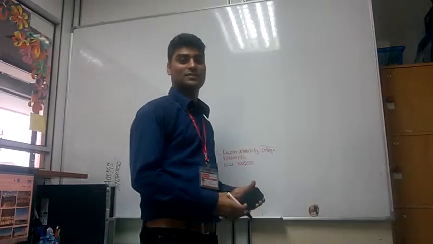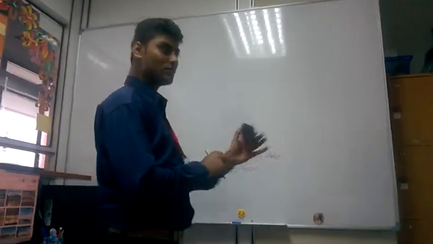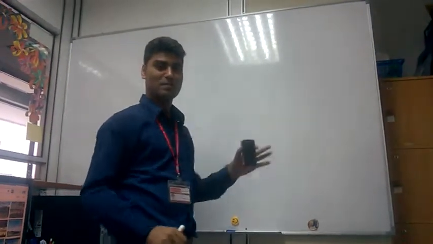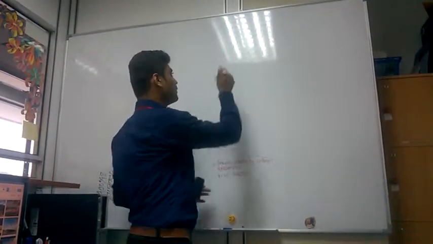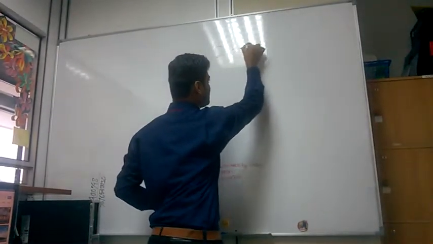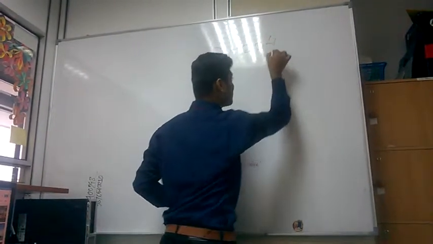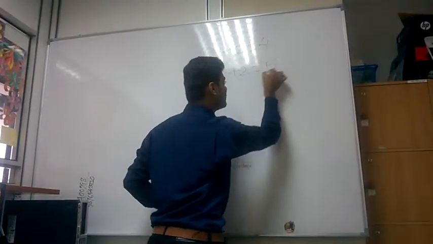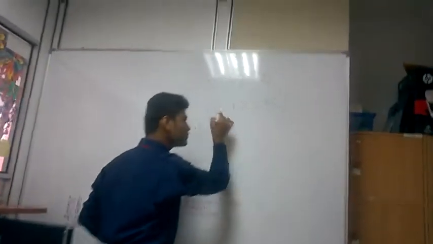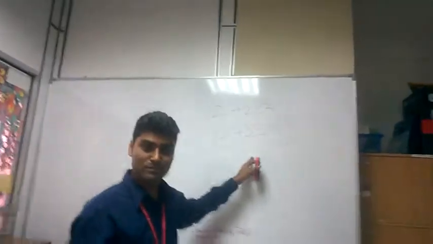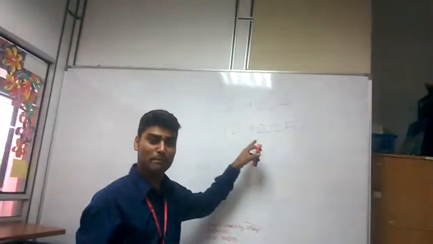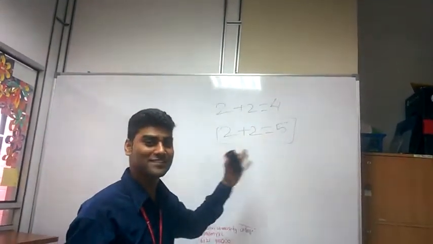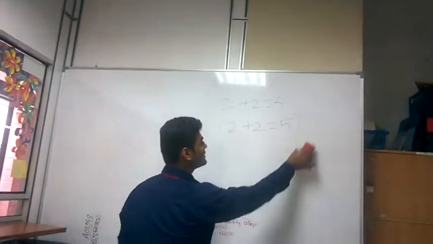Hello guys, today I am going to show you a fact that will really change your mind. We know 2 plus 2 equals 4, but today I am going to show you 2 plus 2 equals 5. If 2 plus 2 becomes 5, it means this is the prestige of mathematics. Now I am going to puncture the prestige of mathematics. Let's see how it becomes.